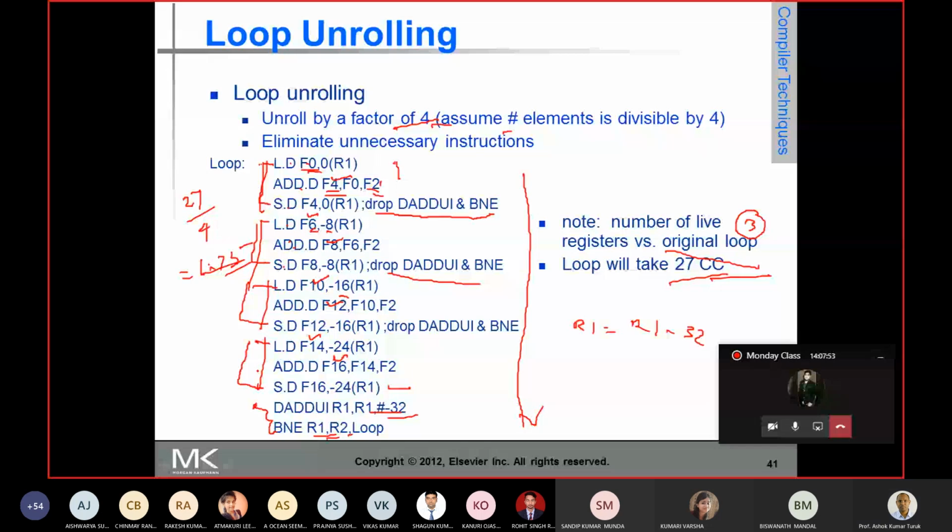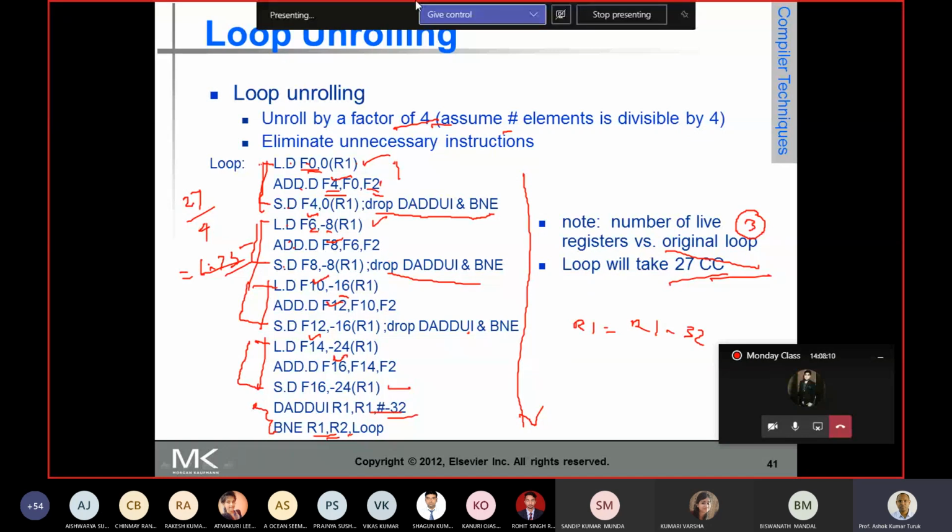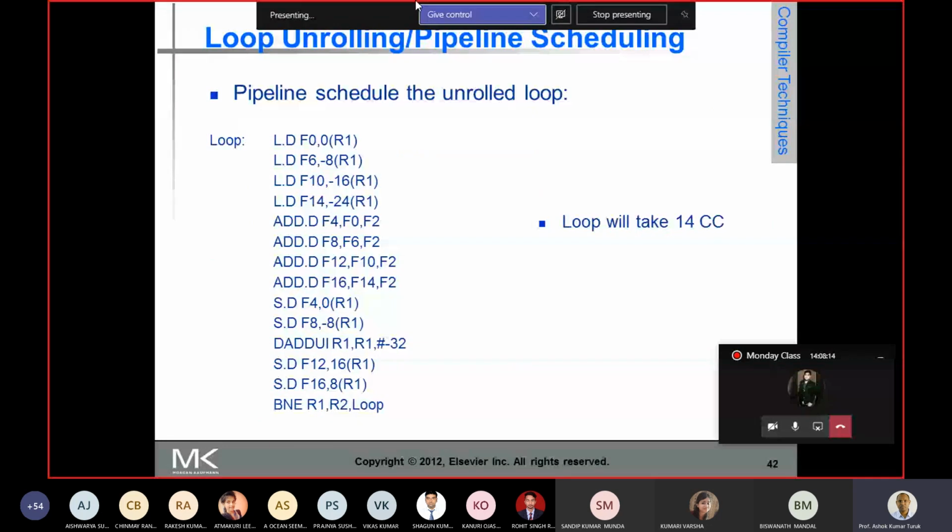Now if you look at all these load instructions, they are in no way dependent. So if you take all these load instructions and schedule them, I have put all these load instructions, no problem.